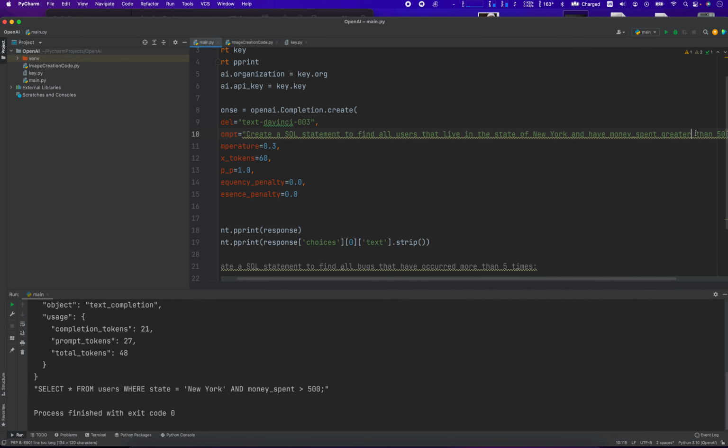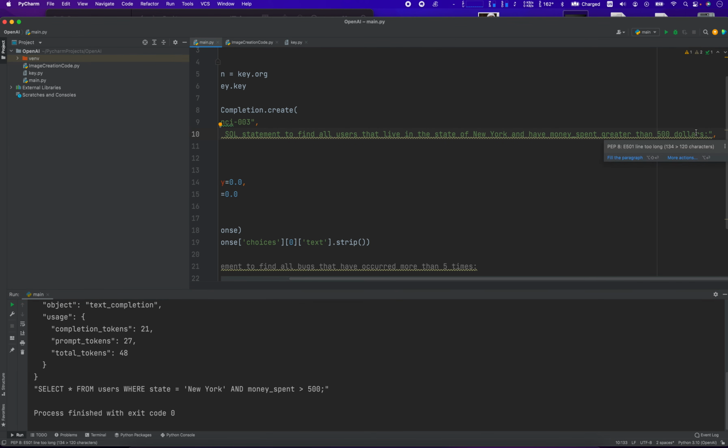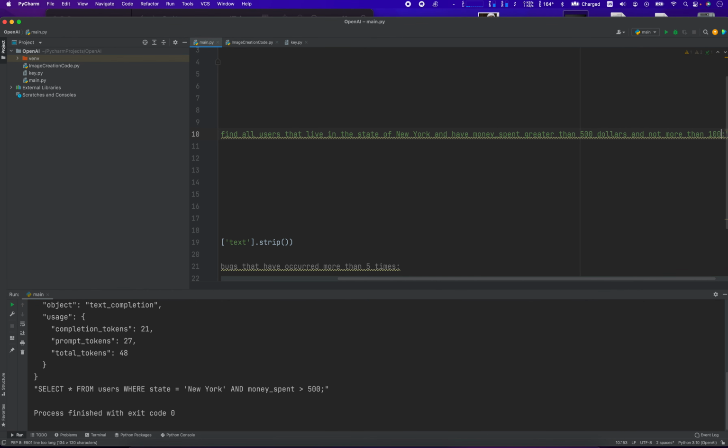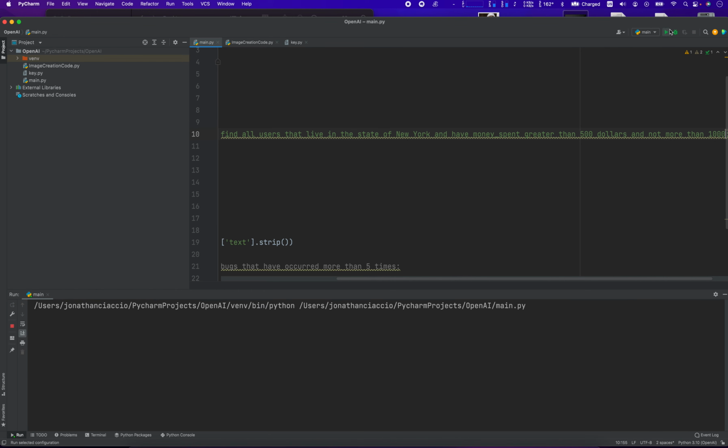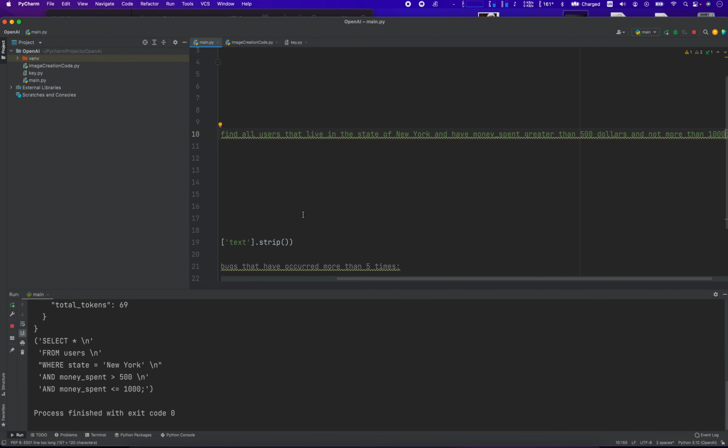What if we do, and not more than 1,000. Once you have your SQL, you can really use this to easily write additions to your statements. It's pretty cool. All right, so that's how you use